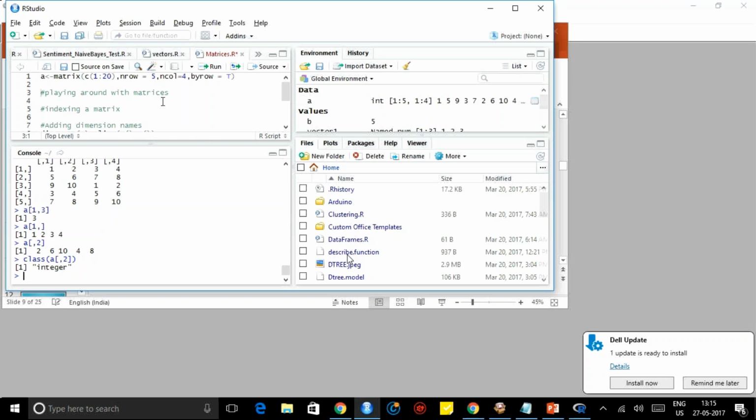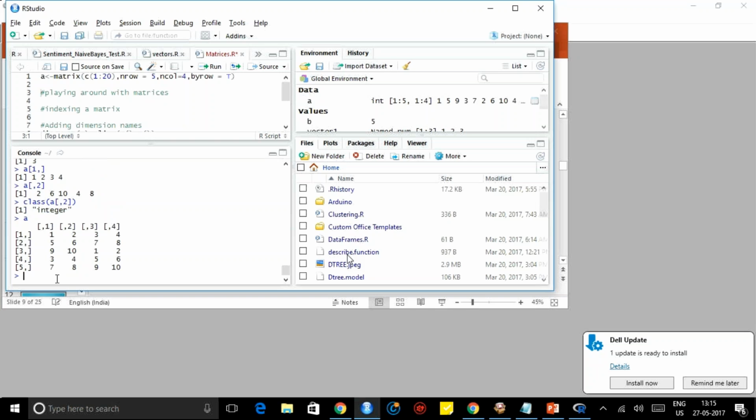So other things you can do is, so what was the matrix? This one you had, right? Like how we did that time, we can also give a name for this row and column.